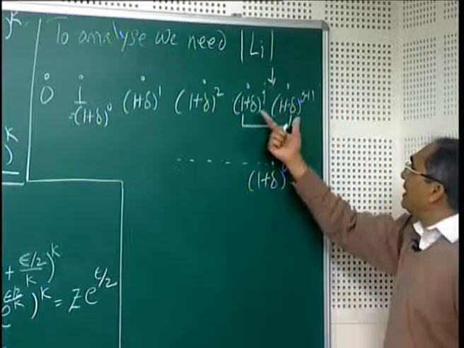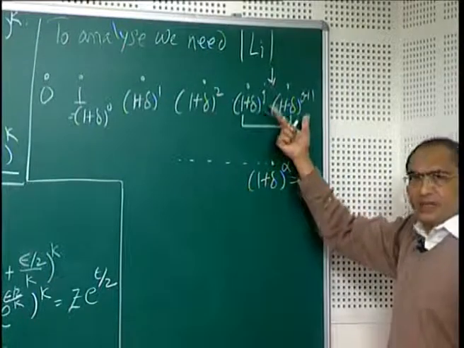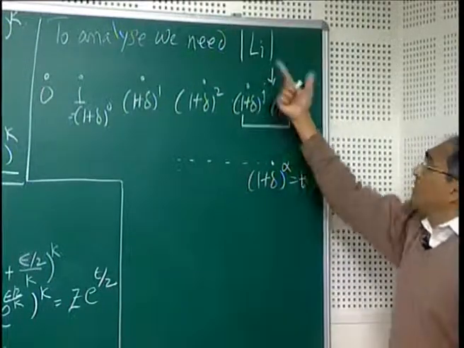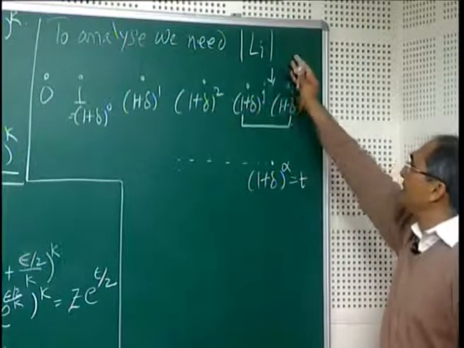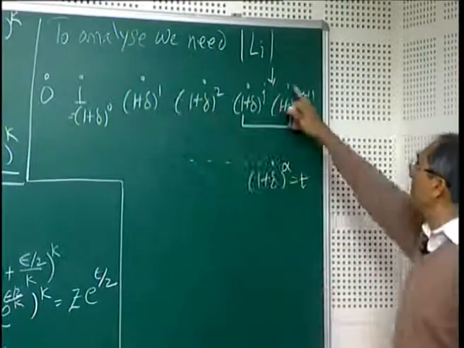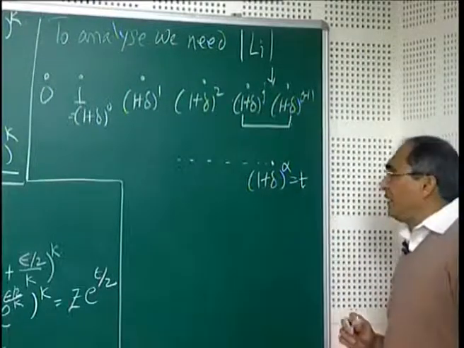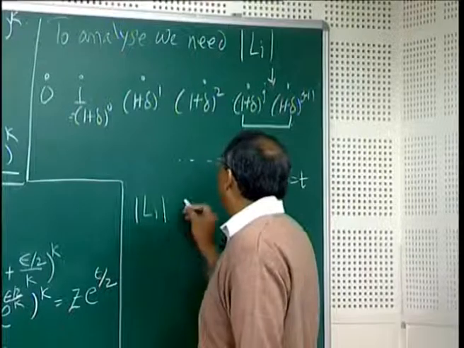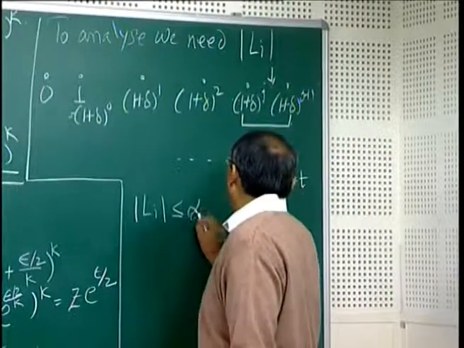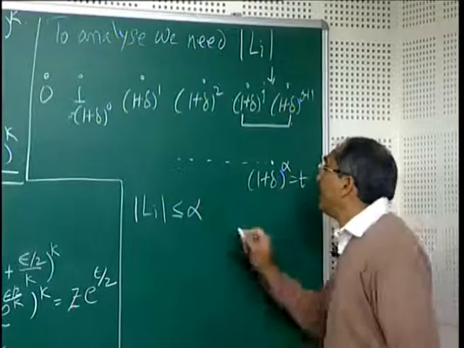What we conclude is that inside the interval we cannot have more than one number in the list. Hence, the total number of elements in the list cannot be more than the number of such intervals, which is alpha. So, we can say that the size of the list is less than or equal to alpha,